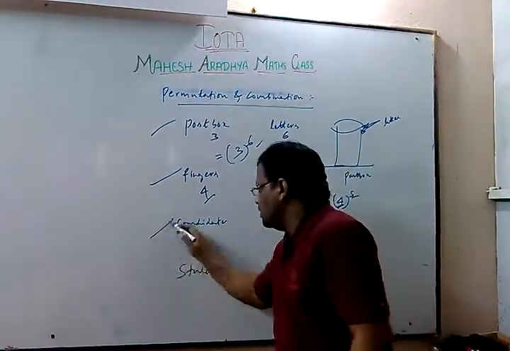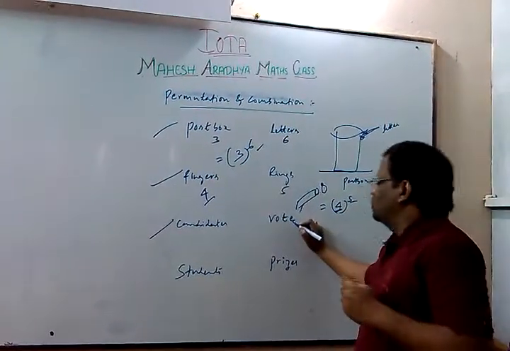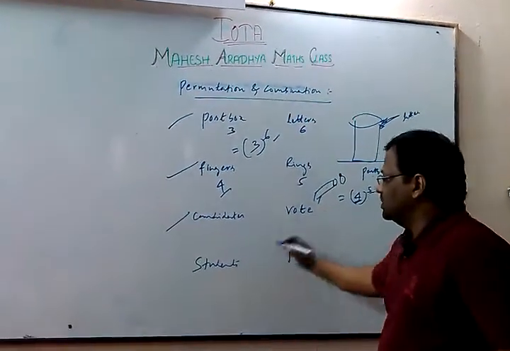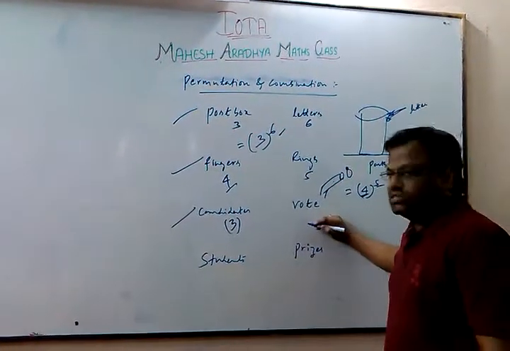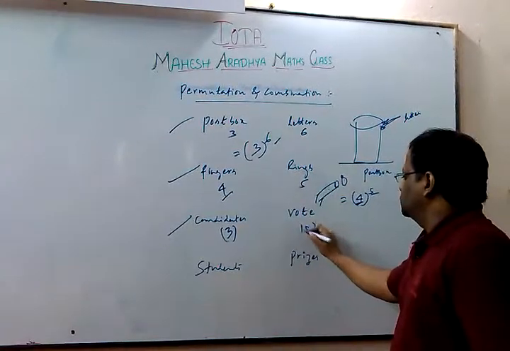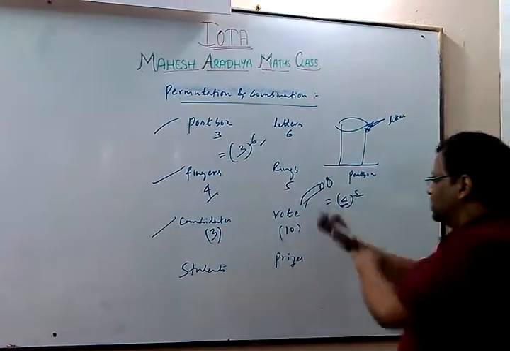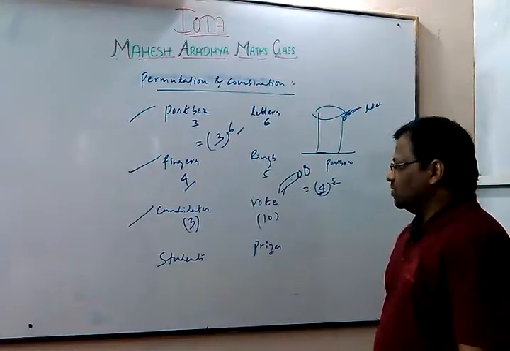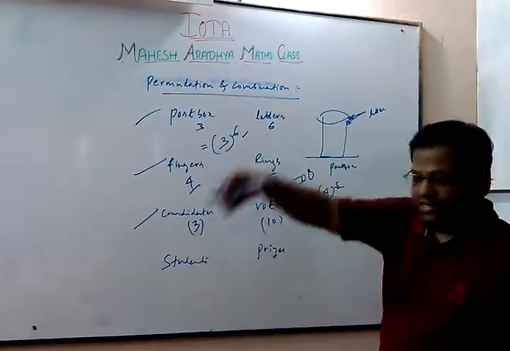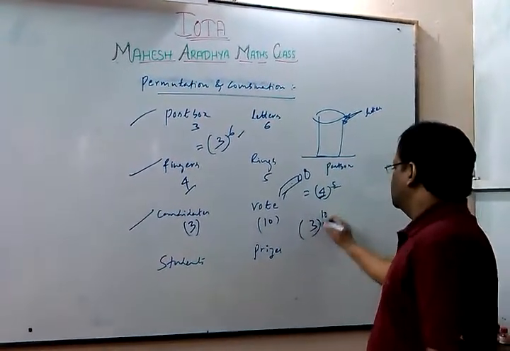Now, this is a question on elections. There are a number of voters, and imagine there are 3 candidates who stood for that election, and let us say there are 10 voters. In how many ways will these 10 voters select these candidates? Obviously, votes go to candidates, so candidates come at the base and votes come at the top.